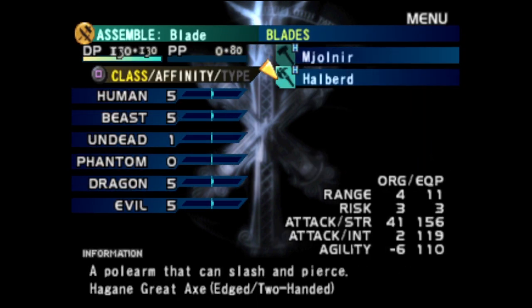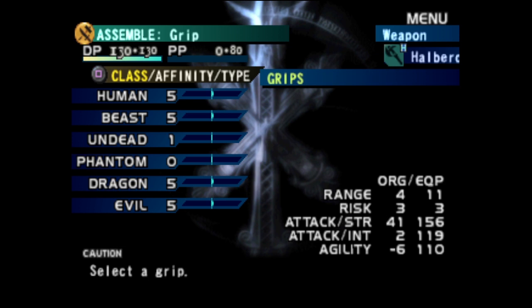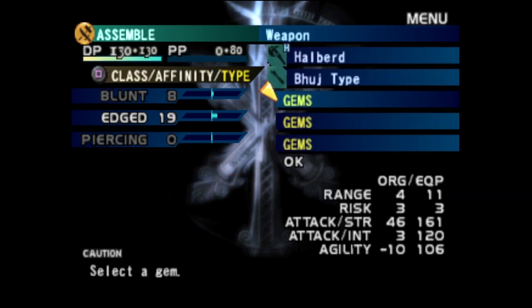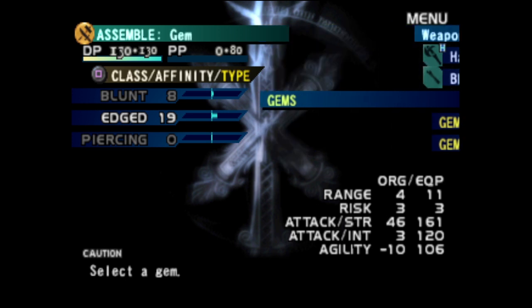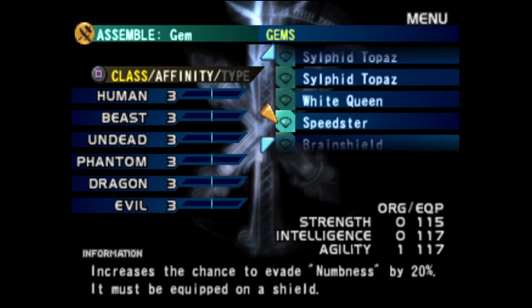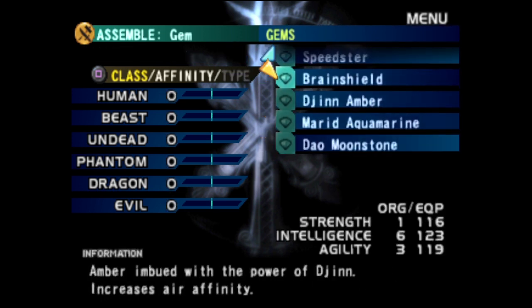Finally, the weapon that will carry me to the end of the game, the halberd. With the bougie type. Actually, this grip is very good because it's 19 edge and 3 gem slots, but there's a better grip, and we'll get it. It's in a chest. In probably 2 or 3 episodes, we'll get it. Here, we're gonna place a Braveheart. We're gonna place... Actually, I'm gonna wait to...